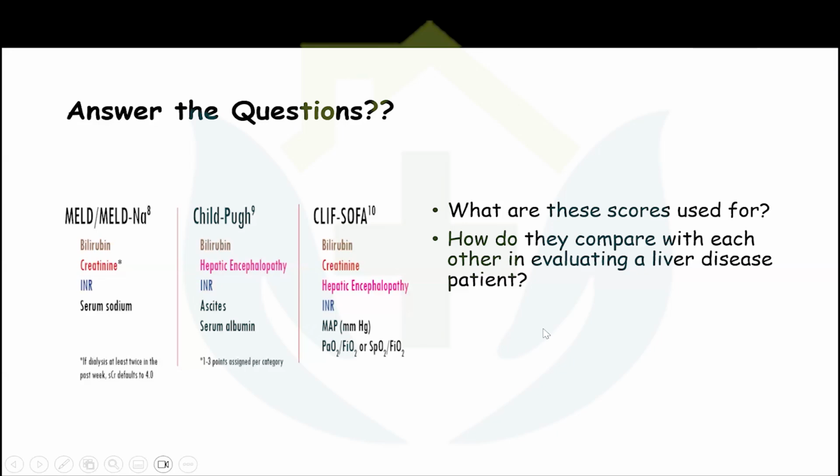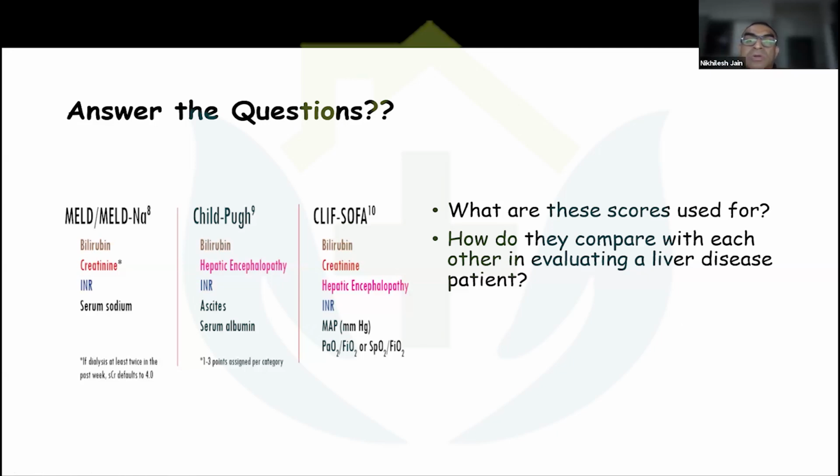What about King's College criteria? That is mainly for acute liver failure only. We don't use it for deciding on liver transplantation. Majority, I mean, for acute liver failure also transplantation is done, but even for those patients now, what we do is MELD or MELD NA scoring. Even among both of them, it is the MELD NA score which is preferred over MELD. MELD NA because of the added sodium? Yes, correct.